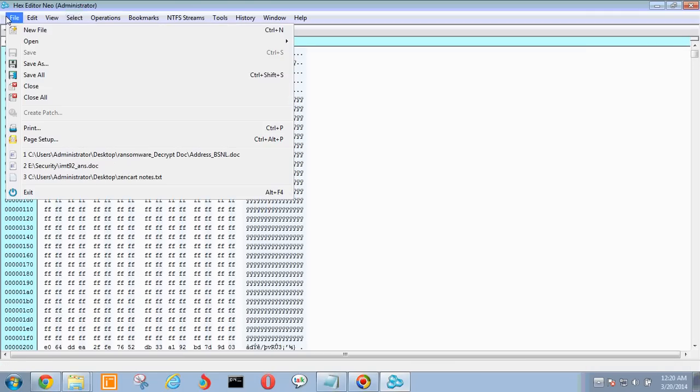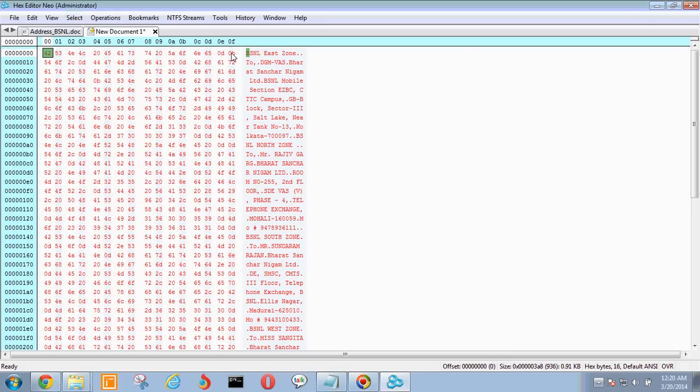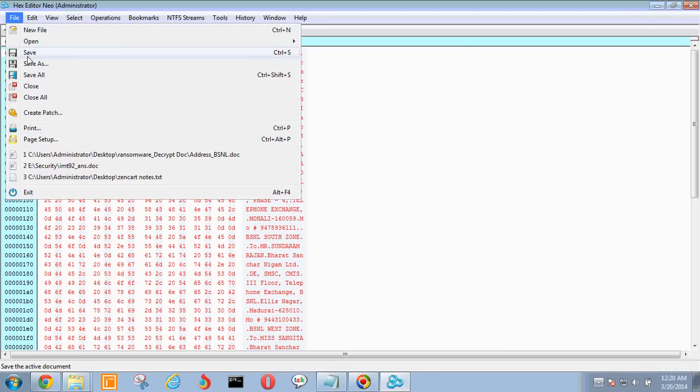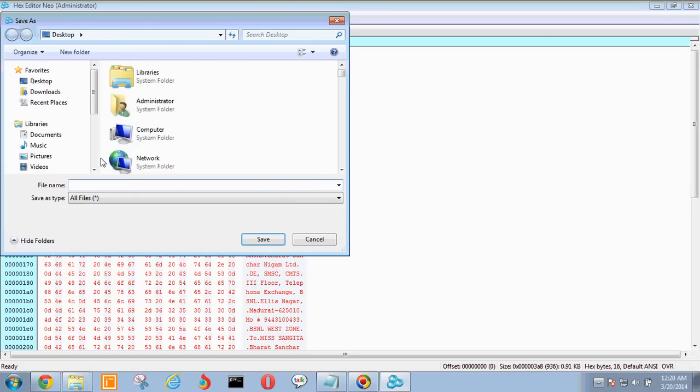I will open a new file and paste this one. I can save this file with any name. I can save this file with a .doc extension, .rtf, or .txt, but we have to be careful about this. This is encoded text, so the basic formatting will be removed.